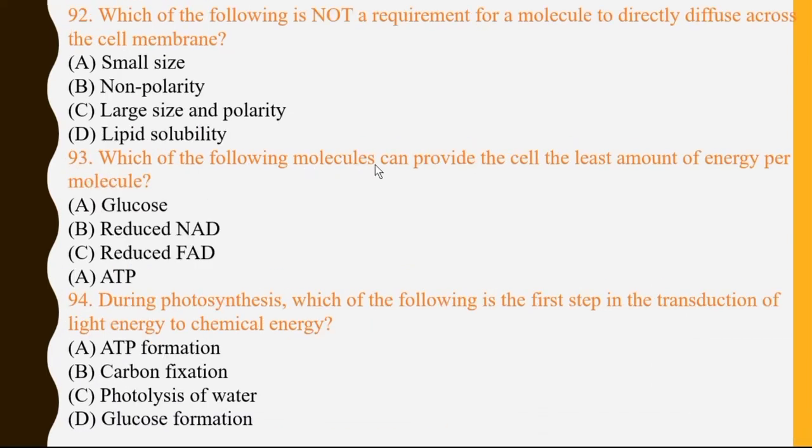Which of the following molecules can provide the cell the least amount of energy per molecule? A, glucose. B, reduced NAD. C,